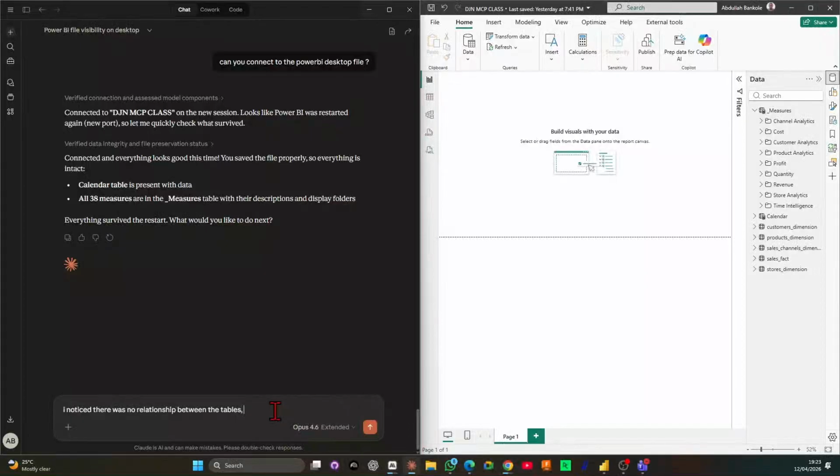So we can just prompt it instead of prompting it to start immediately. Because yes, I could tell it that it should create a relationship for us, but what if there's something we are missing that we don't know? So we can easily just tell it: I know there's no relationship in the model. Can you look into the type of relationship that we could have and the necessary keys